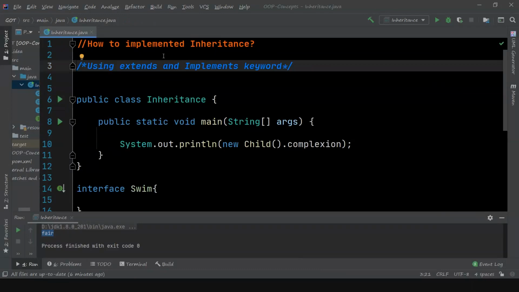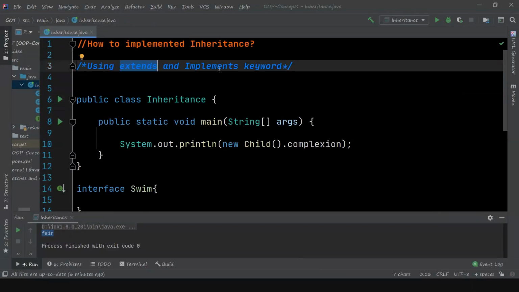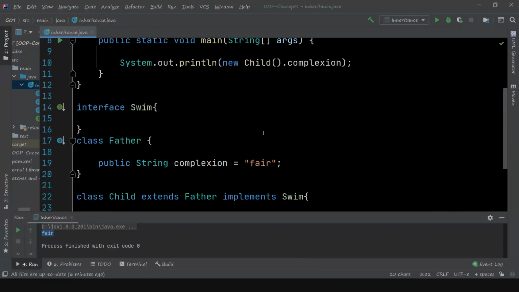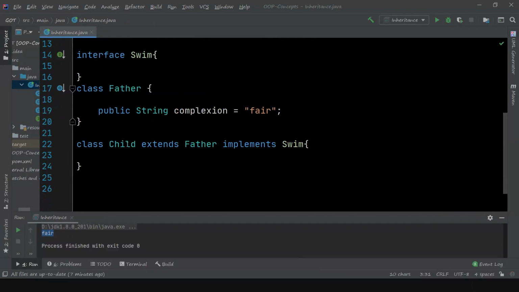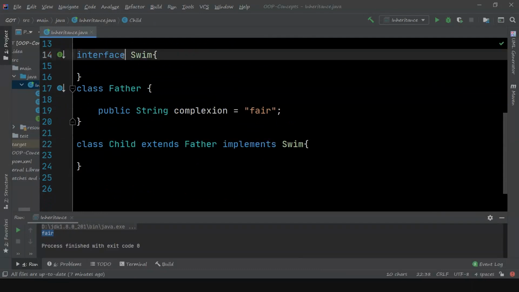How to implement inheritance? There are two ways to do that: using the extends keyword and using the implements keyword. Let's look at this example. Child extends father. The extends keyword is used for inheriting another class, and implements is used for inheriting an interface.